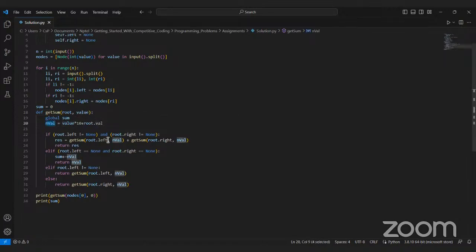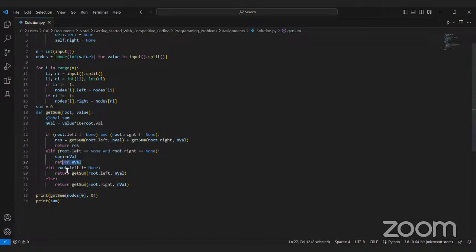This next value is supplied to the next recursive call, and if you have the left and right node, you get the sum from the left, you get the sum from the right, you add it up and you return the result. If left and right are both none, then you just return, adding the value of the current node, and you return the result.